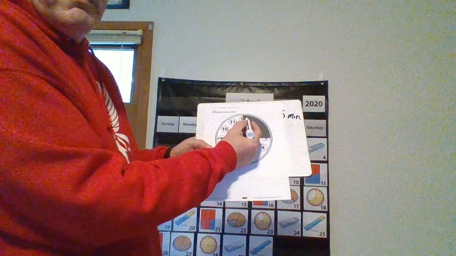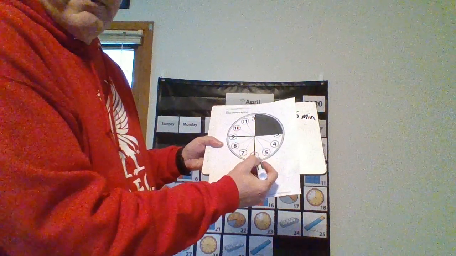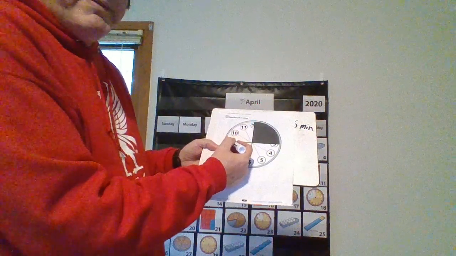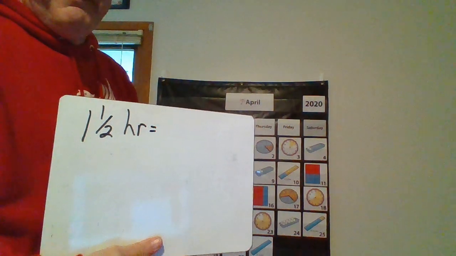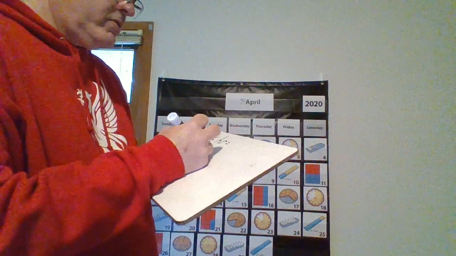There to here is 15 minutes. So how far is it from here to here? Right, 15 minutes. Here to here, 15 minutes. Here to here, 15 minutes. Okay? So think about this. How many quarter hours are there in 1 1/2 hours? 1 1/2 hours. How many quarter hours? Think about that. We talked about there are 4 quarters